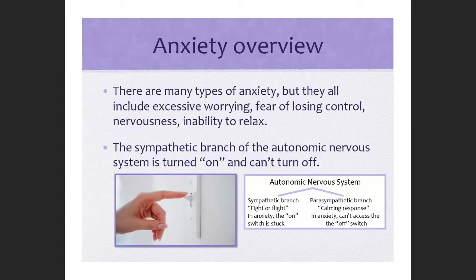Well, what do all these types of disorders have in common? All of them include excessive worrying, fear of losing control, nervousness, and an inability to relax. And what's happening here physiologically is that the sympathetic branch of the autonomic nervous system is turned on and can't turn off. So if you remember back to chapter 2 on biology and psychology, back in our second lecture, we